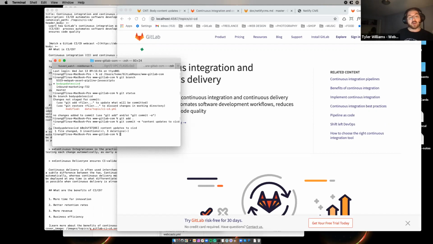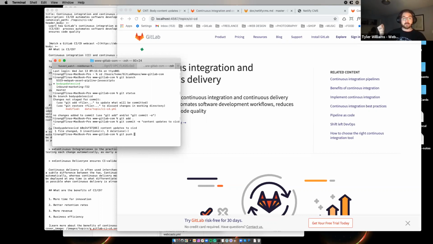So here's what we're gonna do. We're gonna do git push. So git space push. So we are on a branch that only your computer knows about. We have not told the origin about it before. The first time that you're telling the origin about a branch, you have to add a flag here. So it's git push space